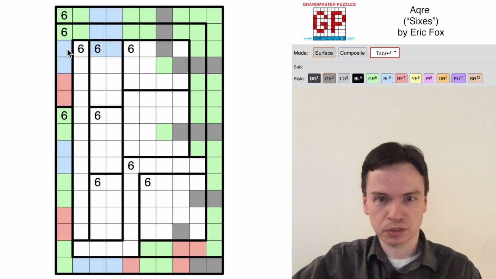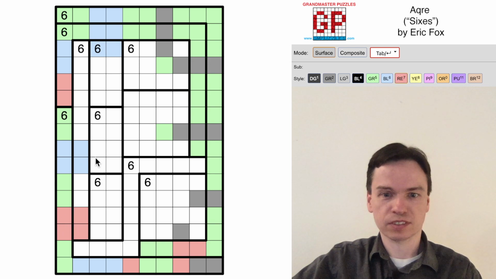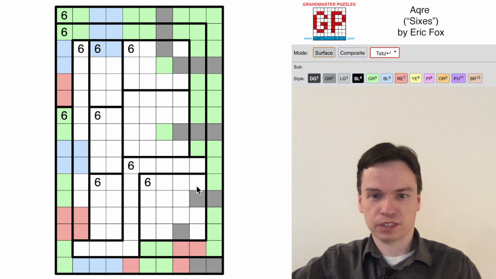Never taking this in blue. Some stuff can come across, but I think for right now, I need another cell here, another cell here. That's not going to give enough constraints in the 6 space. I think what's probably the more interesting, although this is a very ridiculous place to look, is